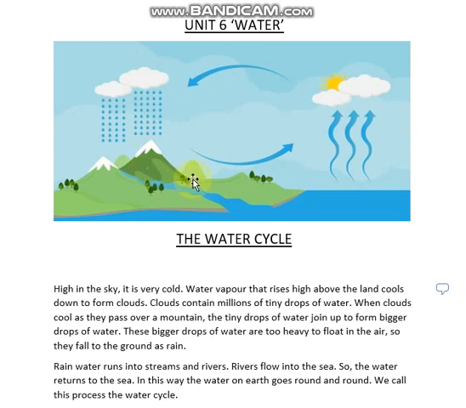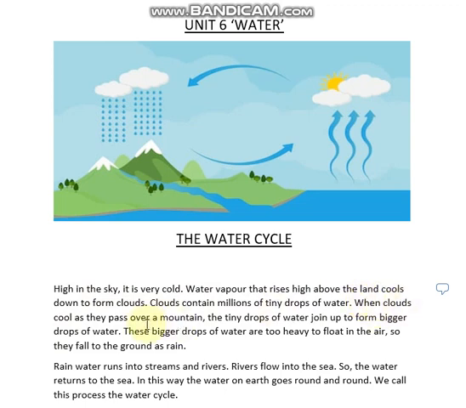the ground as rain. You see in your book, high in the sky it is very cold. Water vapor that rises high above the land cools down to form clouds. Clouds contain millions of tiny drops of water.